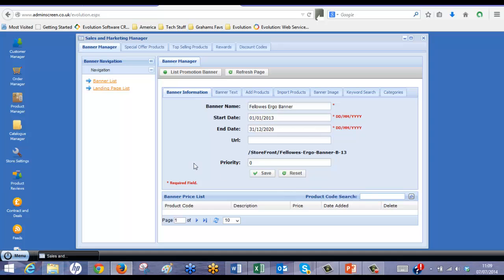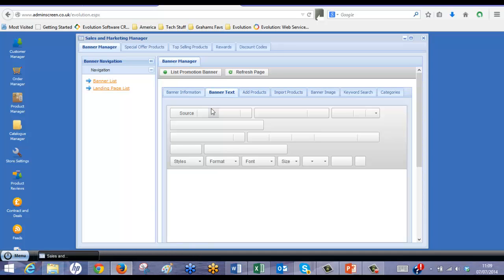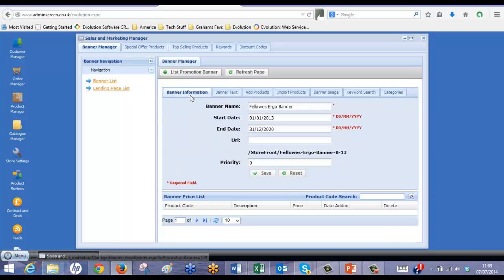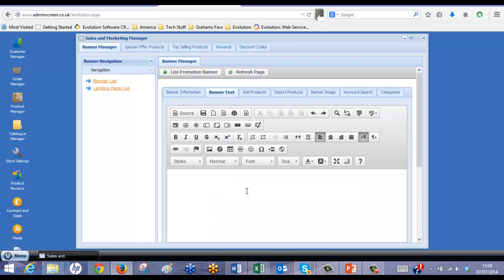So what we can do is banner text. Now this banner text will only come into play if we've not got a URL in there. If we've got a URL in there, it'll automatically just go to that particular URL. So the first instance we'll show you is without a URL, going to a particular information page or product landing page. Okay, so